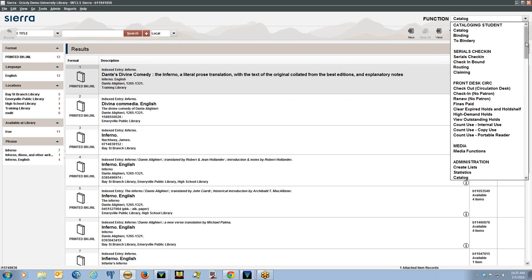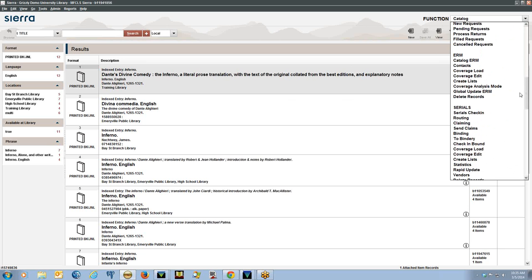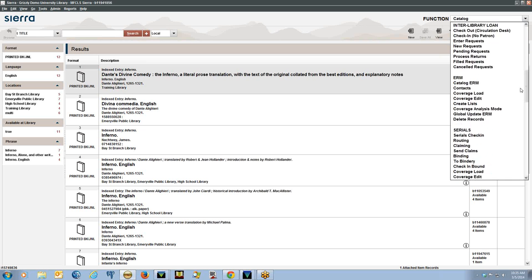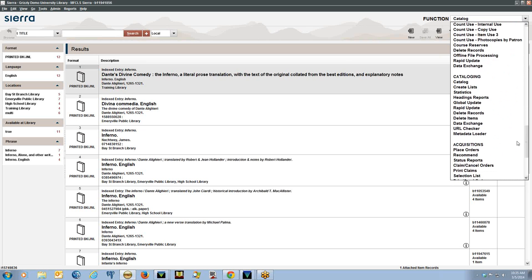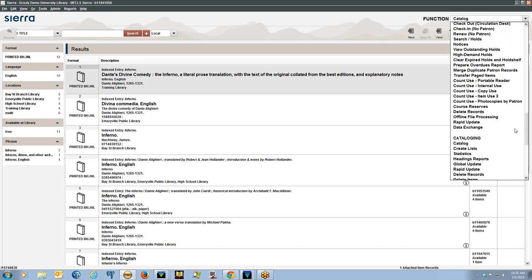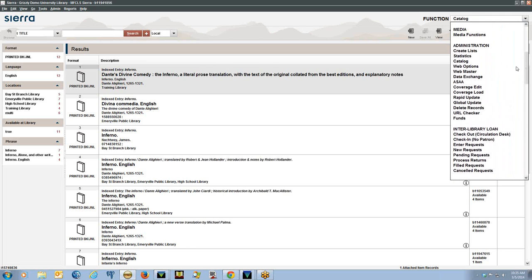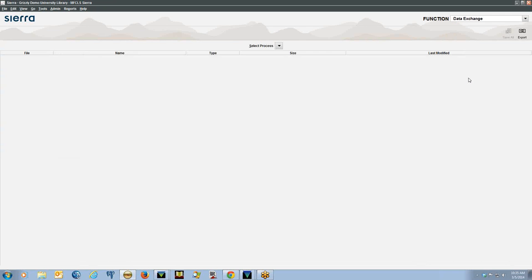I'm not sure if I'll be able to do this, but I wanted to show you also, for those of you who do use vendor records from Baker & Taylor or BWI, the data exchange area. I don't believe it's set up for this particular login, but I wanted to take a look and see if it was available. Yeah, it's not available for me here. There's no processes that are set up. But as you can see, the screens here look almost identical. If we go back to close out this record,